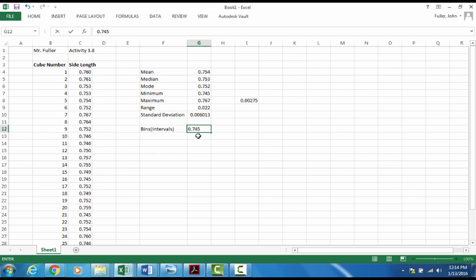All right, now click down below it in the cell. So here's what we're going to do. We're going to come up here and hit the equal sign. We're going to take our minimum value, add it here to our interval. But instead of the cell, we're going to round that to 0.003. Hit enter. Now you could do this 8 times to give you 8 bins, or you can click